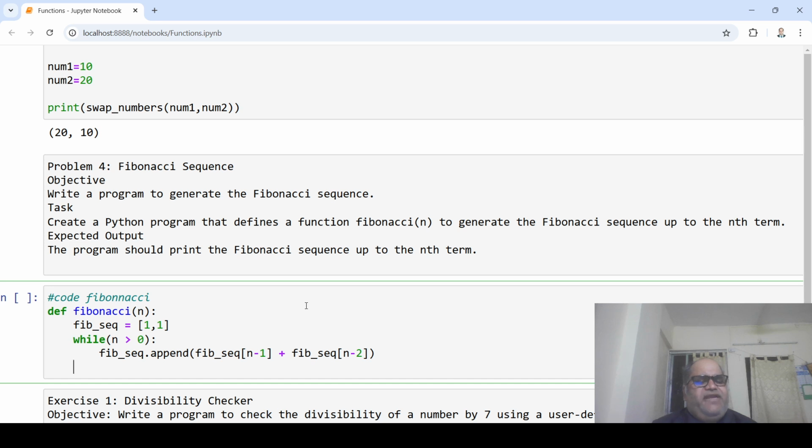With every computation, you can subtract 1. So the next time